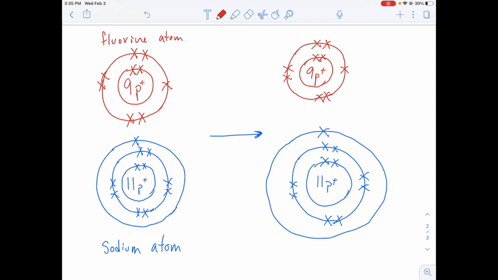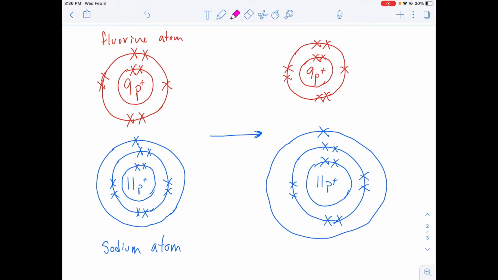And you can see here that I am missing an electron. If I had an electron there, fluorine would have a full octet. Whereas the sodium atom has 2 electrons on its inner shell, and then it's got 10 electrons on the next inner shell, then in its valence shell it only has 1. Well,